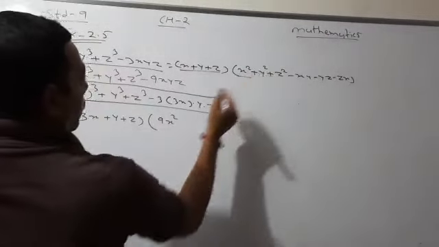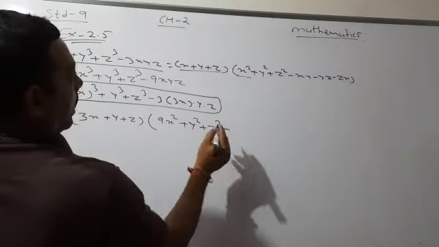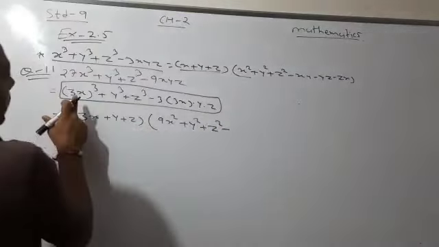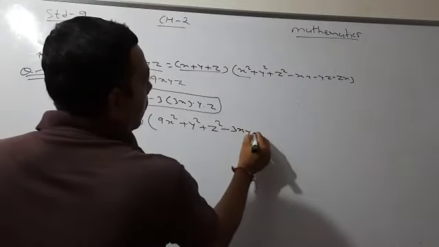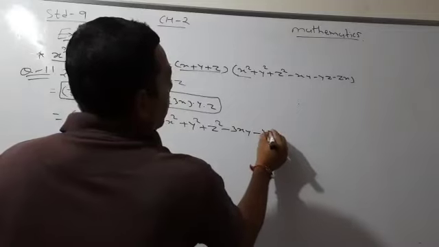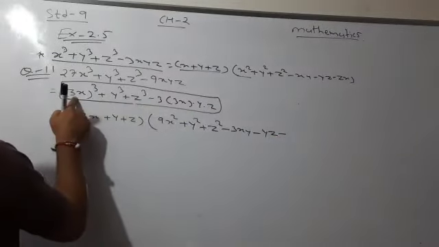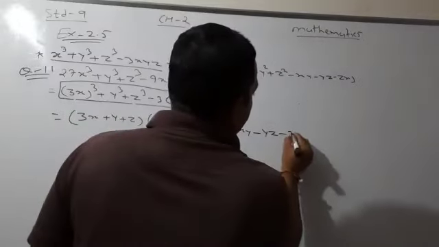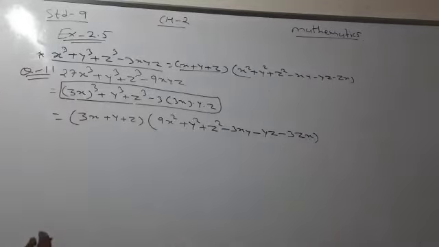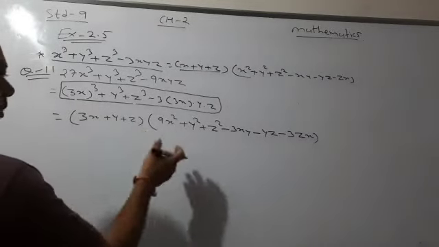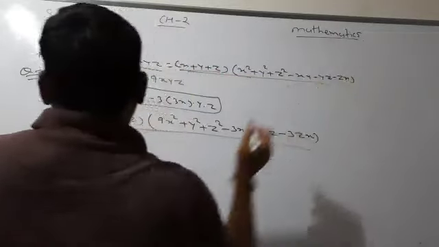This is my first term. Now y square remains y square. Z square remains z square. Minus xy. X is 3x, y is y. So 3 of xy. Yz remains yz. Zx, z remains z, x is 3x. So it is 3 of zx. This is the final answer. Okay, we will not simplify more over this term. This is our final answer. We will leave our answer in this standard form.